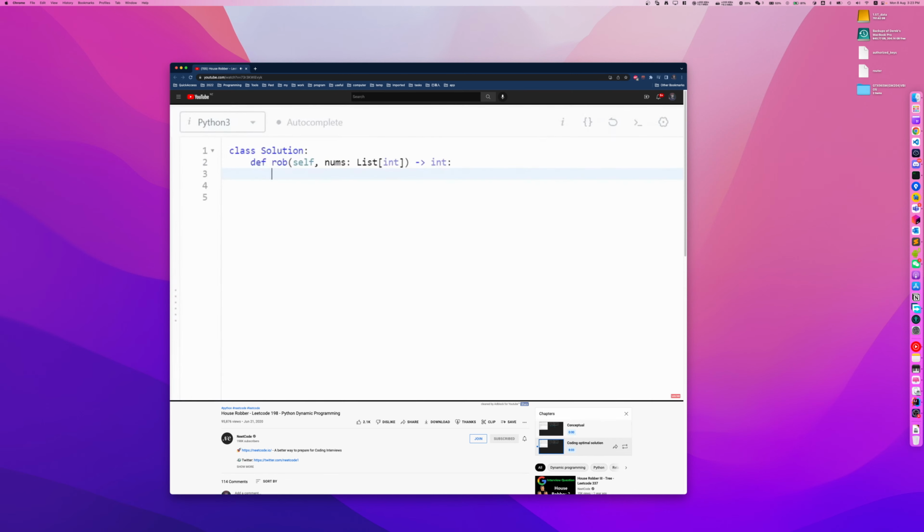So now let's look at the code. Since we only need to maintain the last 2 maxes that we could